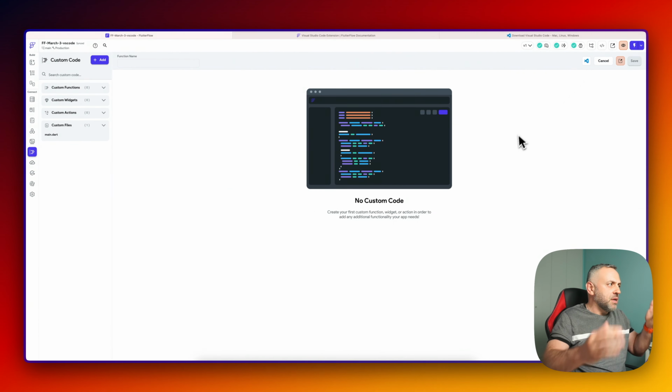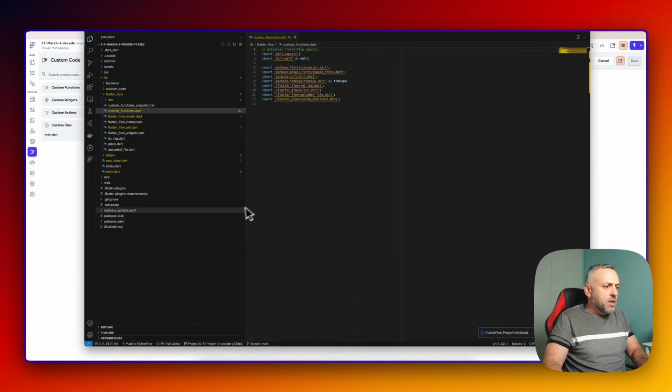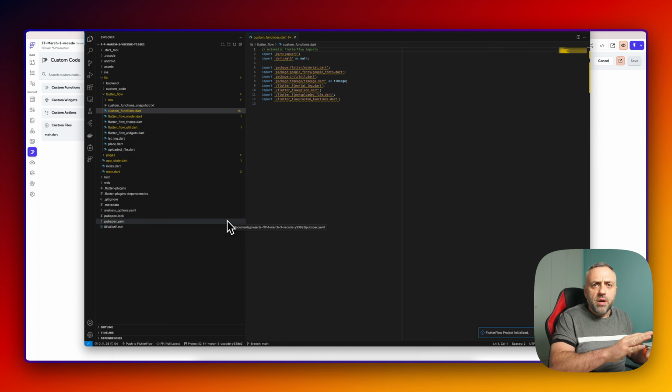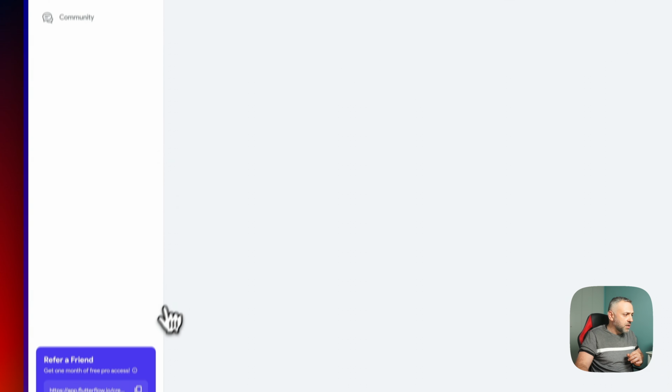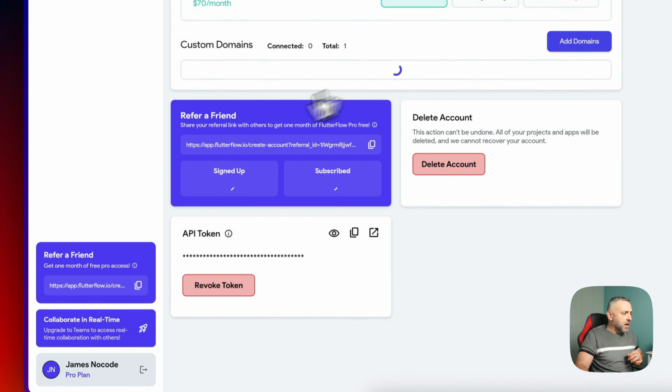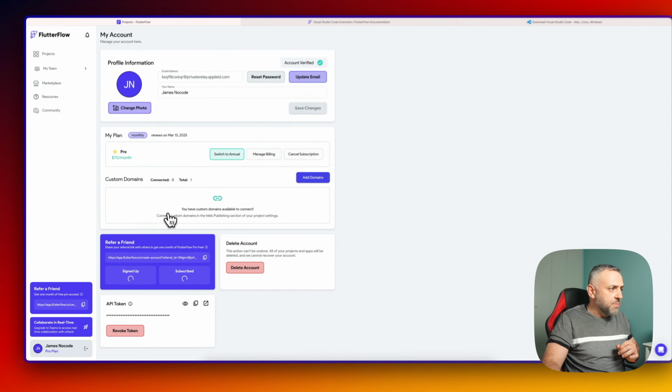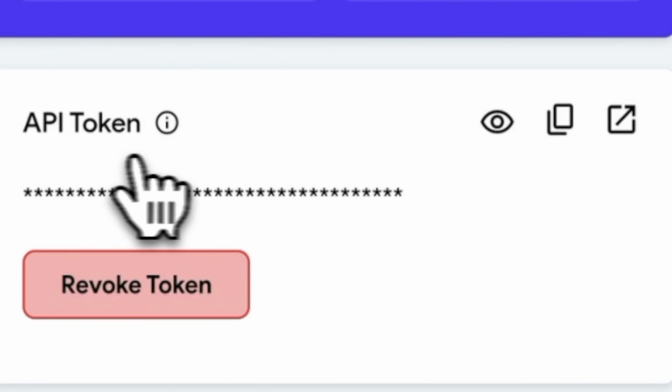Because I clicked it here, it knows the project ID. Now, at some point, it may also ask you to configure your API key. I already did that before, but if it asks you to do it, you can simply exit out, click here,